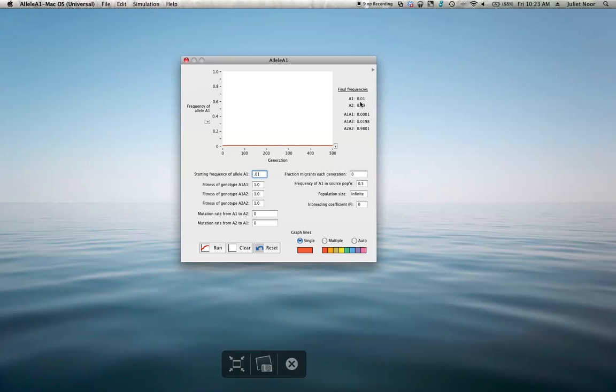And once you've run the simulation, on the right-hand side is a table of final frequencies that gives you the final frequency of the A1 allele, of the A2 allele, and of all three genotypes. And this is, for the most part, a useful way to run these simulations. However, there will be times when